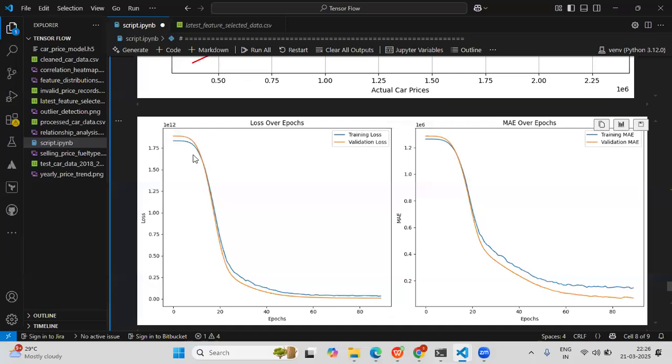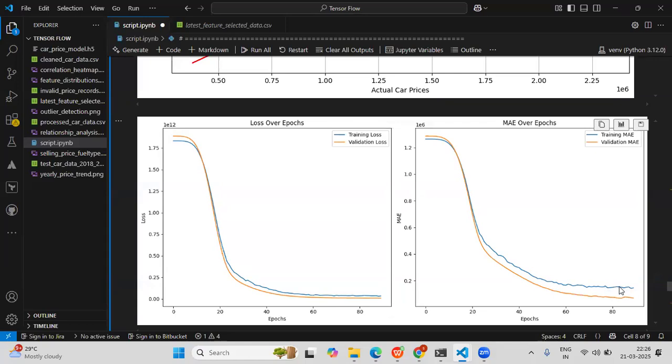The training and validation loss are almost similar over the epochs of training on the data. Here, the mean absolute error also follows: the validation mean absolute error and the training mean absolute error follow each other over the number of epochs.